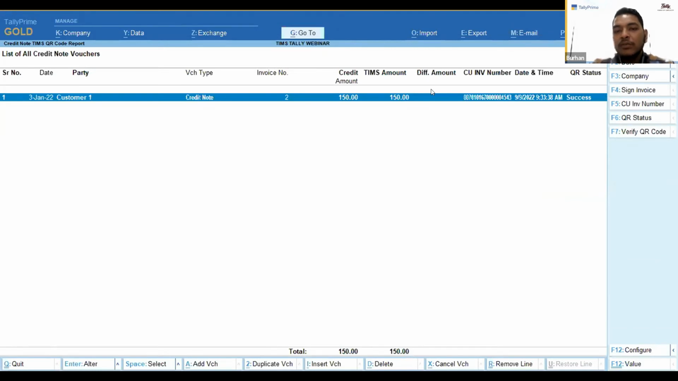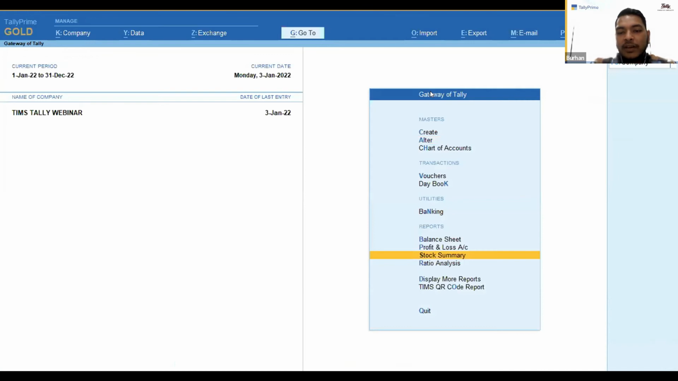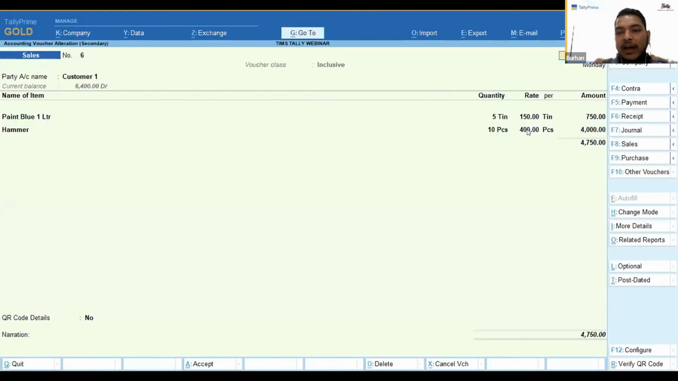This difference amount is, for example, if I come to this sales, and after saving, I come and change the invoice value. For example, I change it to 450. Okay, and I change it to that. So now,